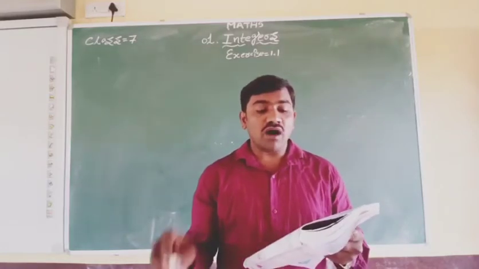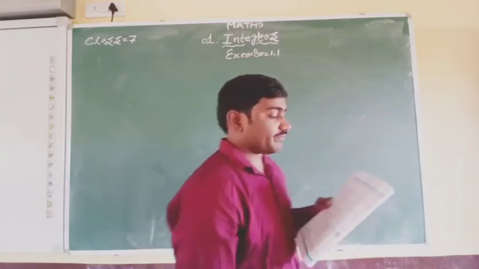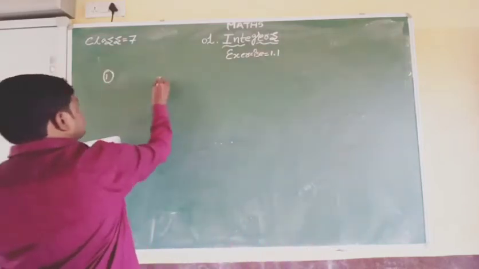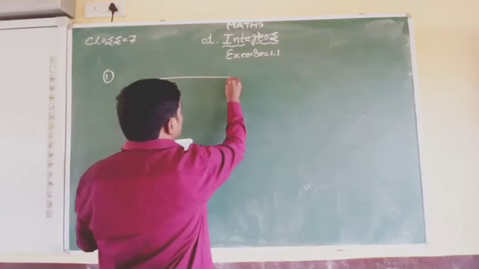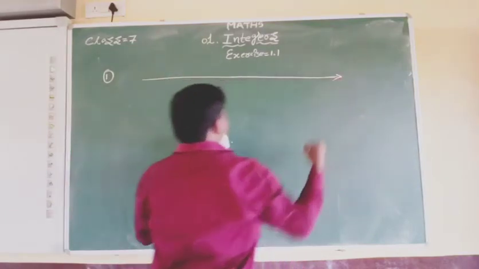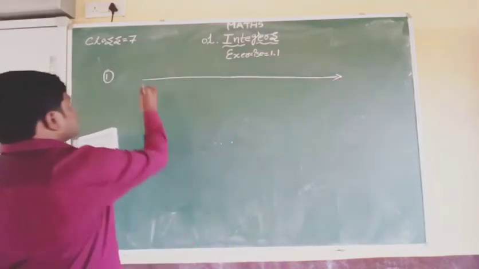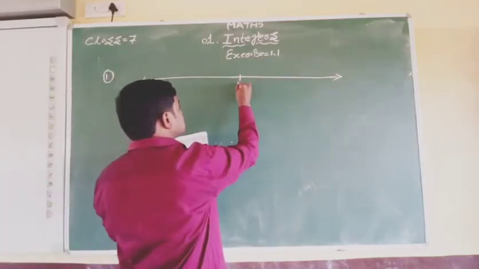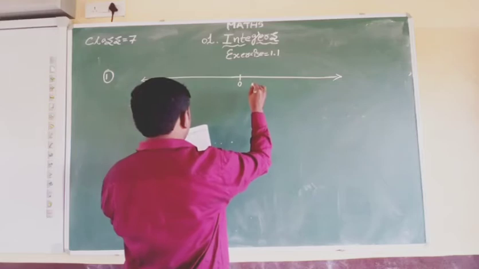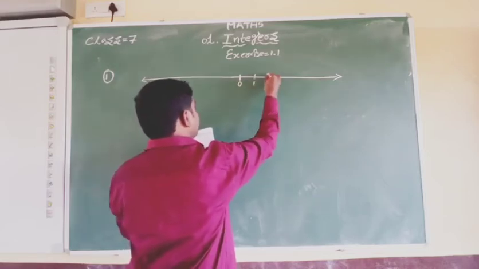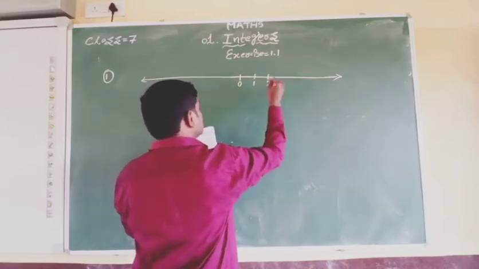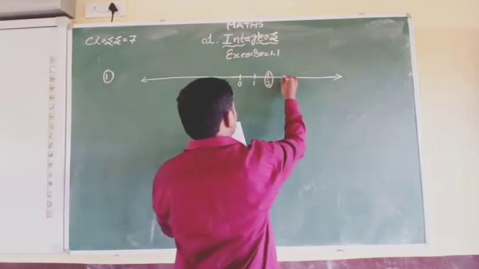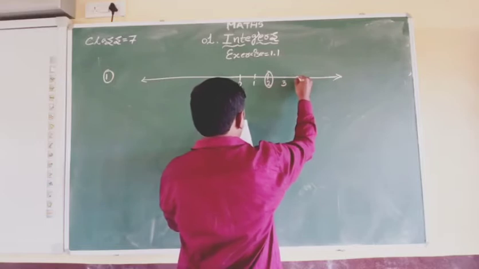Some integers are marked on the number line. Which number line? The integers number line. So what are the integers marked on the number line? Let's see here: 0, 1, 2, 3, 4,